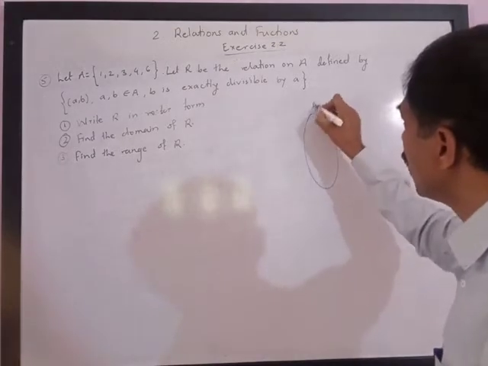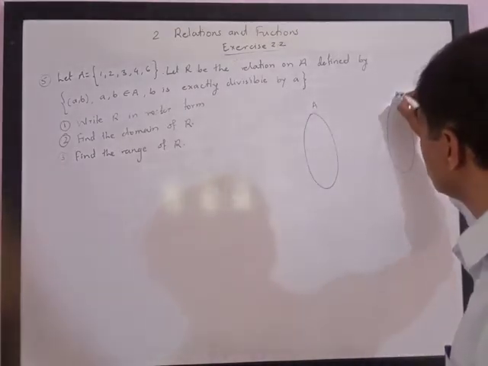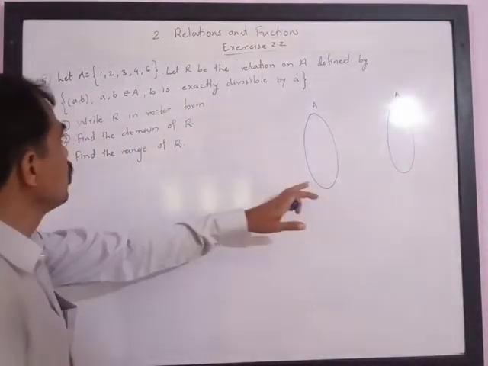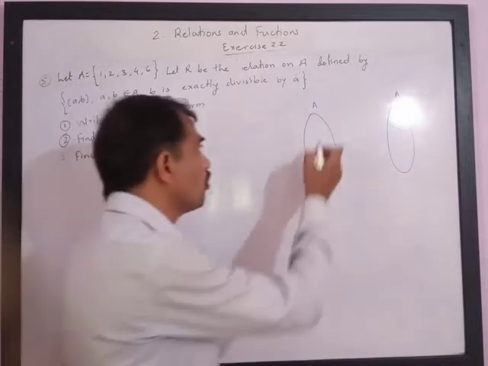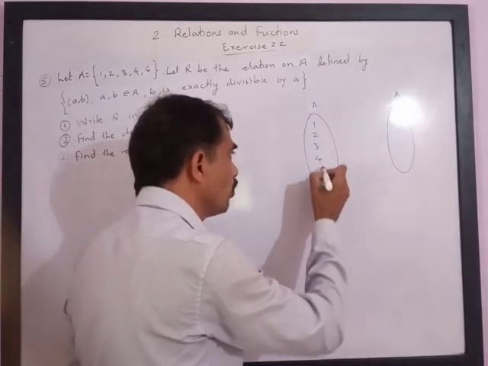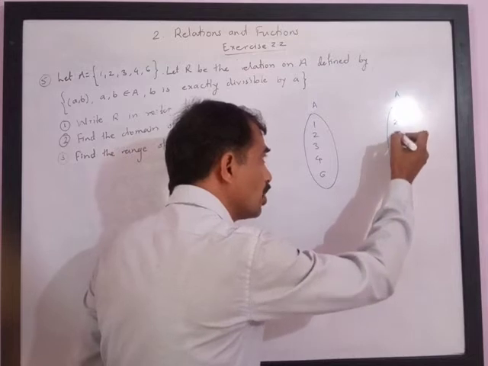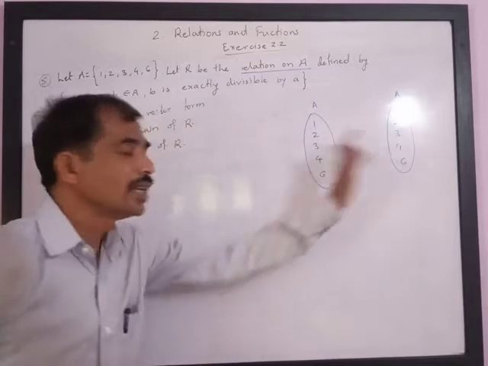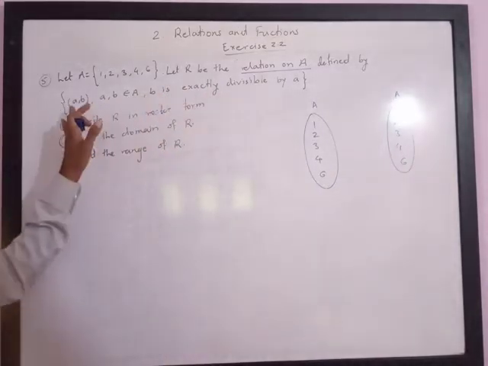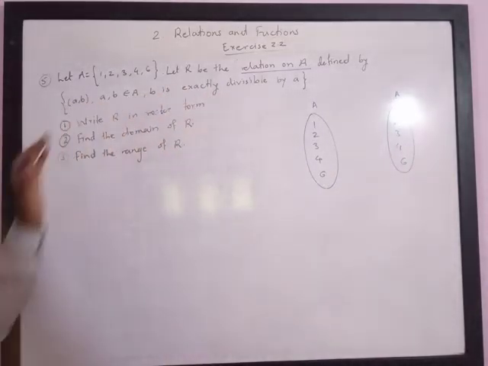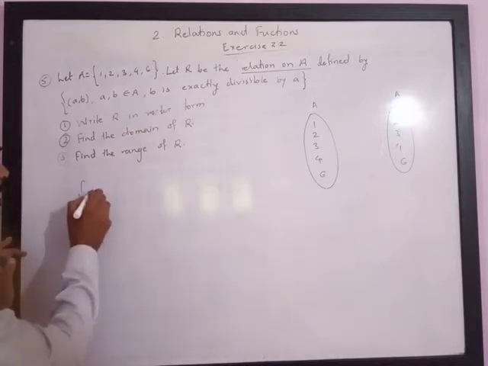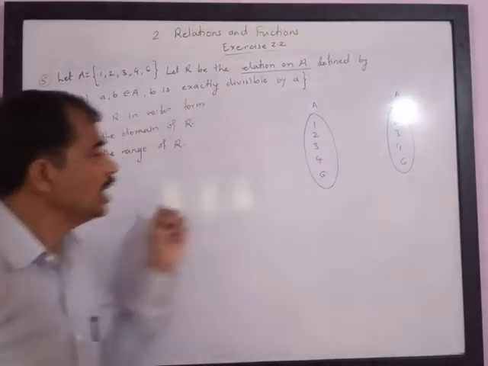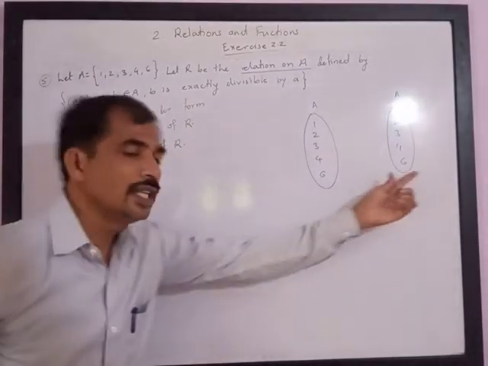If you see the arrow diagram, you will be able to understand more properly. So I am showing it with an arrow diagram. A is the set {1, 2, 3, 4, 6}, and A is also the set {1, 2, 3, 4, 6}. We are asked the relation on A, meaning A with A. So we have to write a relation such that it is a set of (a, b) where a and b belong to A, meaning both elements belong to these sets.